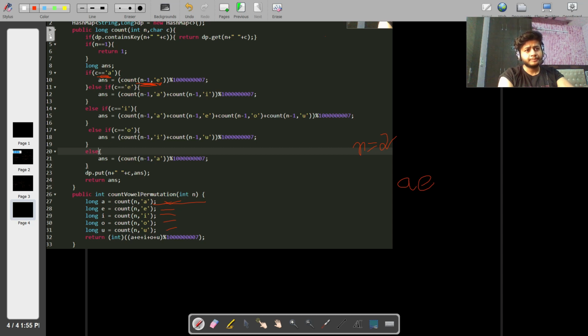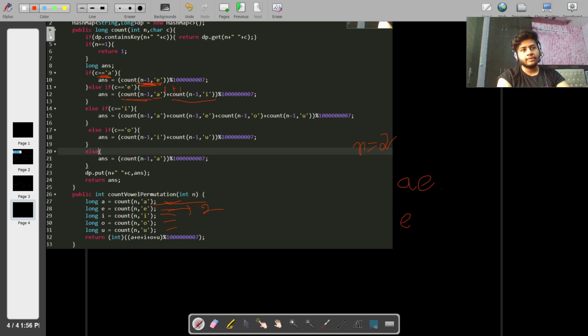After that we try to build our answer with e. For e, we come here and we count for a. Count for a, n value is 1, it comes here, and with n equals 1 it will directly return 1. So here we get 1. After that, for i, e has two chances, it can be built from a and i. It tries to build for i, which will also return 1, it will add 1 to it and return 2. So here we get 2.